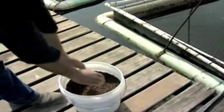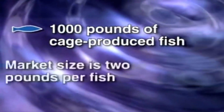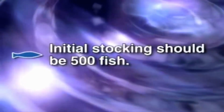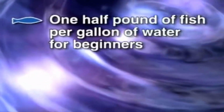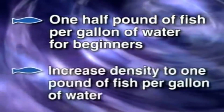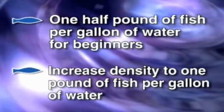Proper feeding rates and fish density or stocking rates are critical in cages. So if you want to have 1,000 pounds of fish produced in a cage, and the final market size of those fish is 2 pounds per fish, then you should stock 500 fish at the initial stocking. A good rule of thumb for stocking density in cages is ½ pound of fish per gallon of water for beginners, and as experience is gained, you can increase density up to 1 pound of fish per gallon of water,